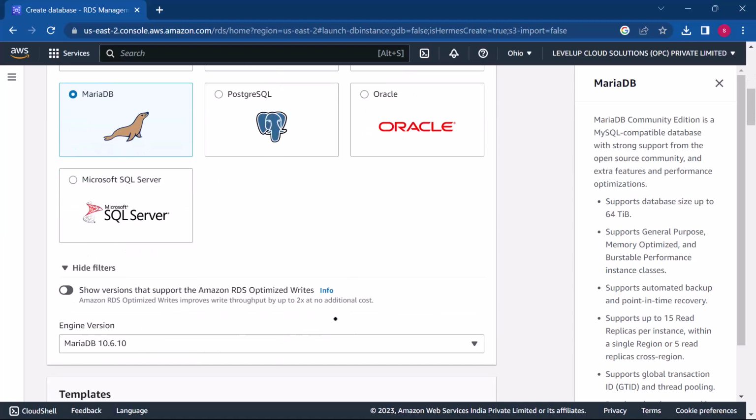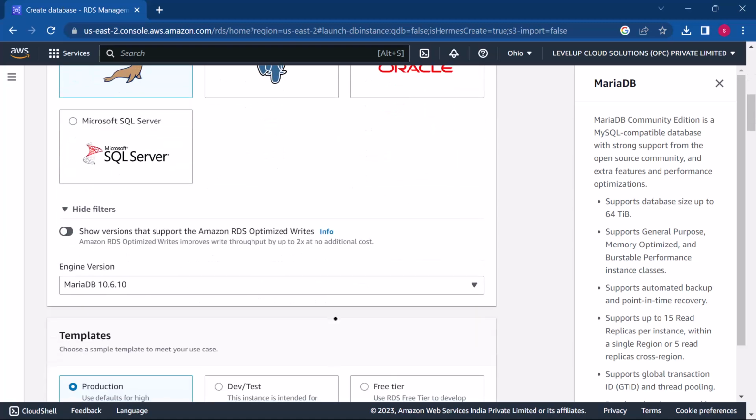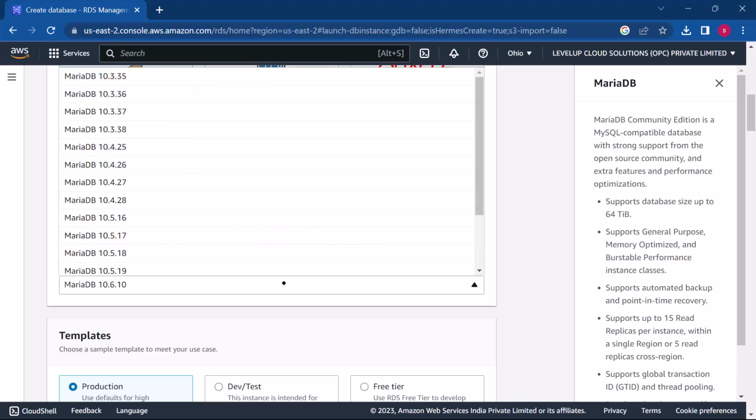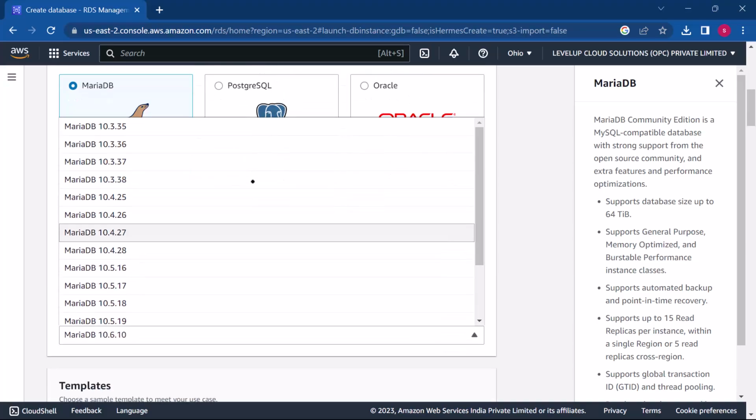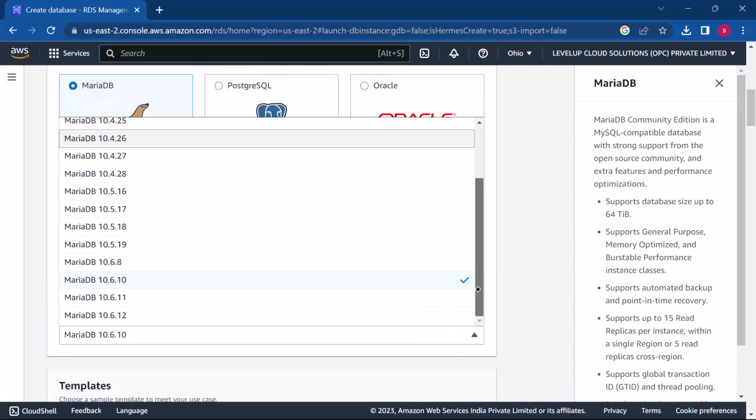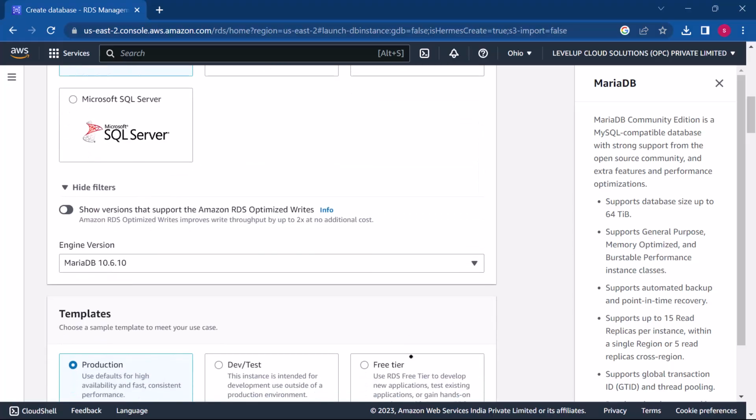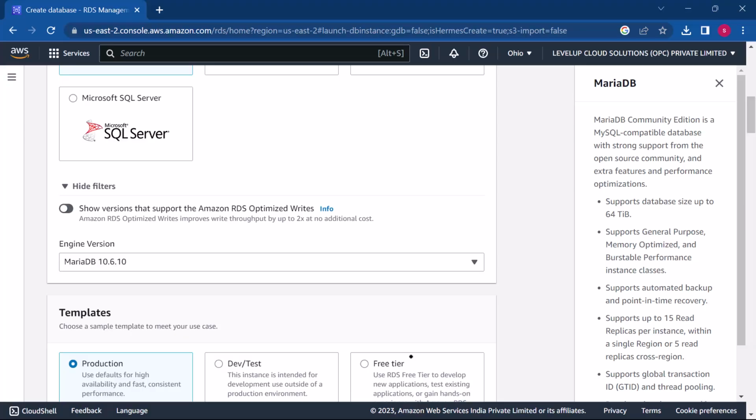Now let's go to MariaDB, and then you can choose the version that you want to create. If I open the drop down, there are a lot of versions here. It's not mandatory that every time you choose the latest version. Choose the version which is recommended by your